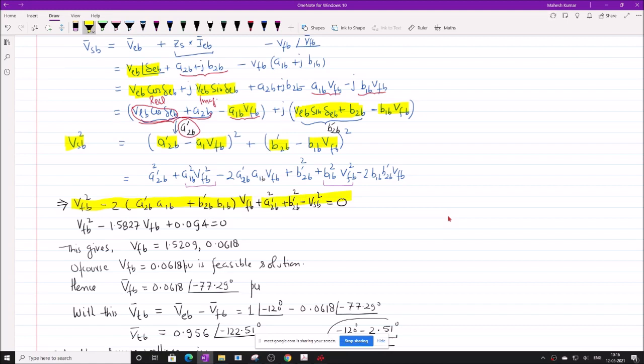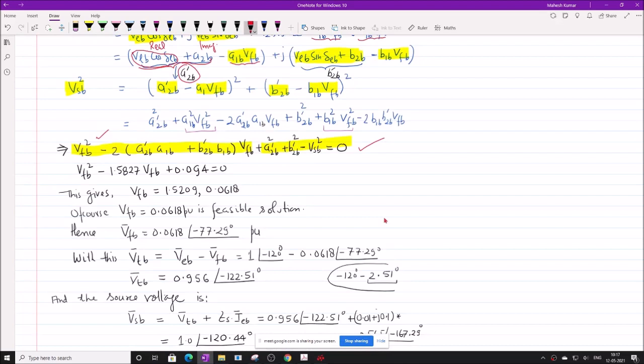We have done it, but for the completeness of the discussion, I have added this derivation here once more. So when the voltage is not a reference phasor, we will use this equation. But this is generalized in nature. We can also use this for the previous one, assuming that cos delta LV equals 1 and sin delta LV equals 0 because it is a reference phasor. But now it is not a reference phasor, hence this equation. So substitute all the parameters here and solve for VFB.